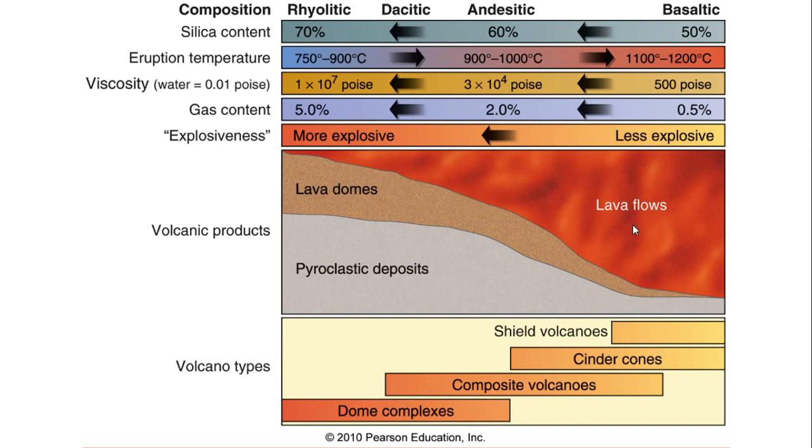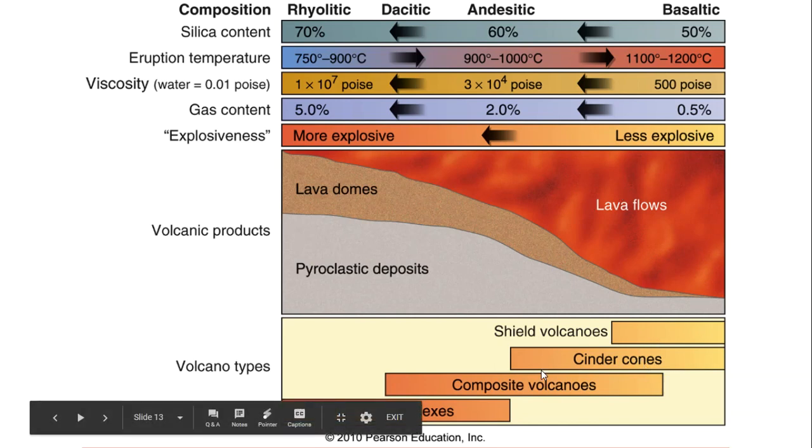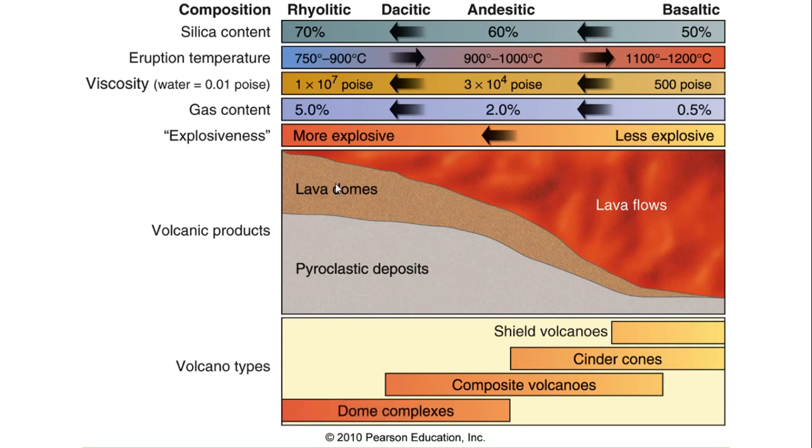And you can see that lava flows occur mostly with shield volcanoes and cinder cones, and much less so with composite volcanoes and so forth. Lava domes and pyroclastic deposits, these are the messy volcanoes, the ashy volcanoes, and these are the lava-rich volcanoes down here. So the silica content's important because the higher the silica, the more viscous it is. Over here, this is less viscous, and so that makes a difference with the magma.